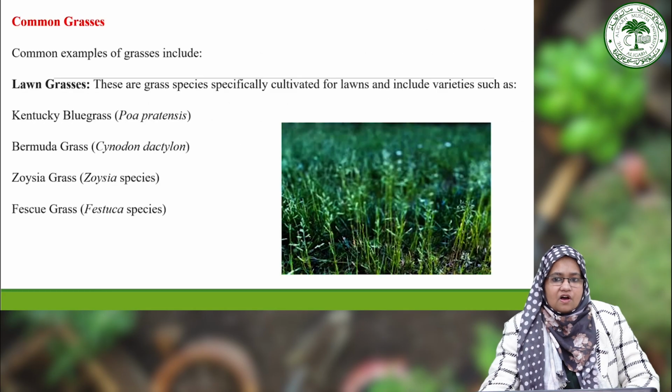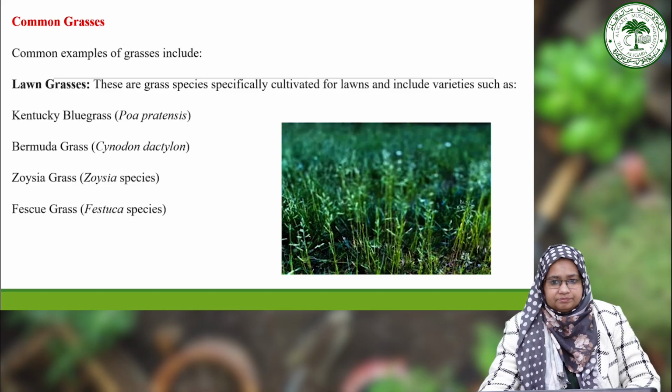Poa pratensis, often used in lawns. Kentucky bluegrass is known for its fine texture and deep green color. It forms a dense, lush scrub and it's well adapted to cool season climates. Then Bermuda grass, also known as Cynodon dactylon, is a warm season grass prized for its heat and drought tolerance. It's commonly used in lawns, parks, and sports fields due to its durability and ability to withstand